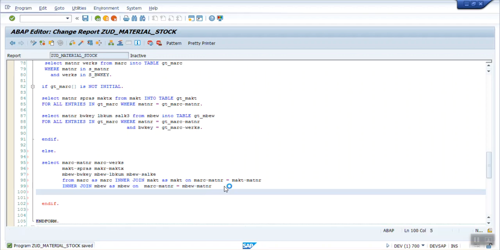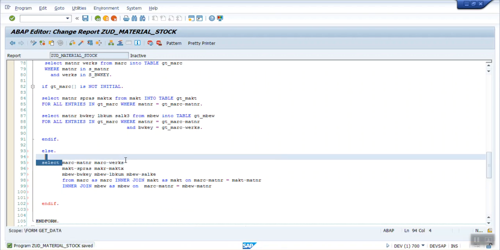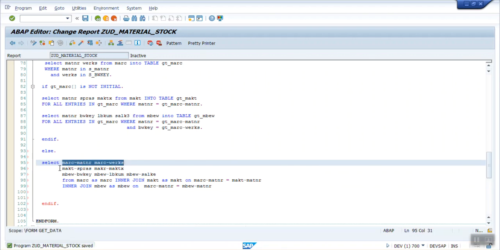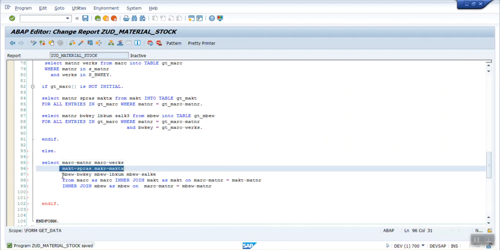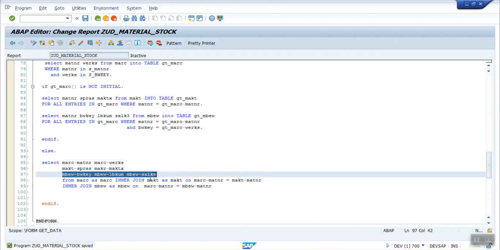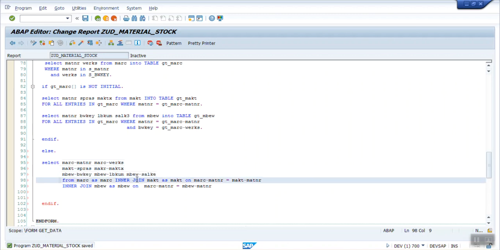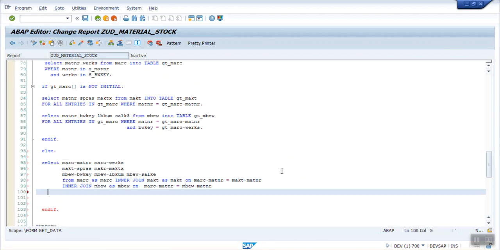Okay, so how to write the join condition for three tables? First, write down the fields which you want to select from each table like MARC, MAKT and MBEW. Then write the join condition, that is inner join, and on which field we want to make the join. Then add the where condition here, where